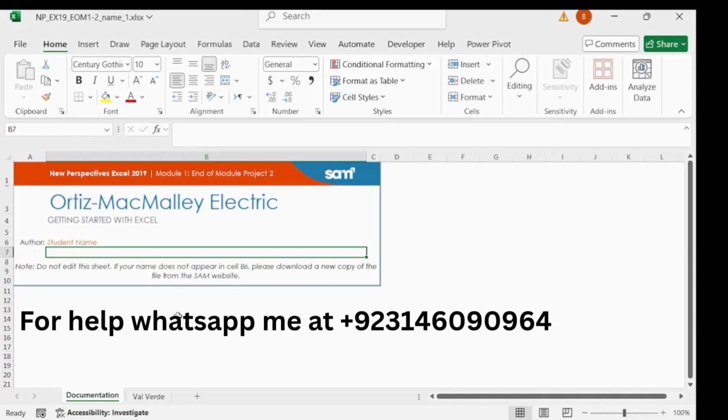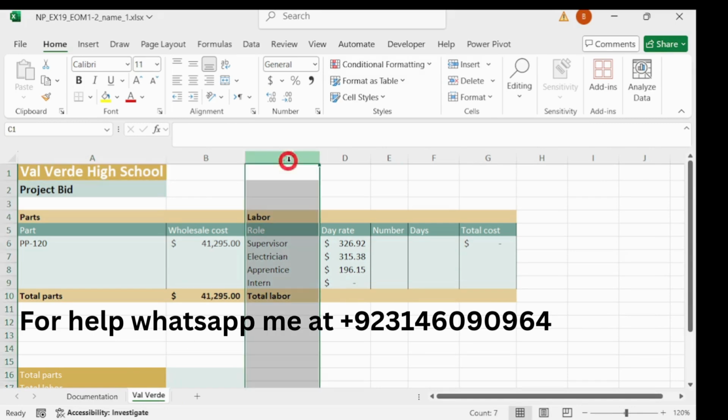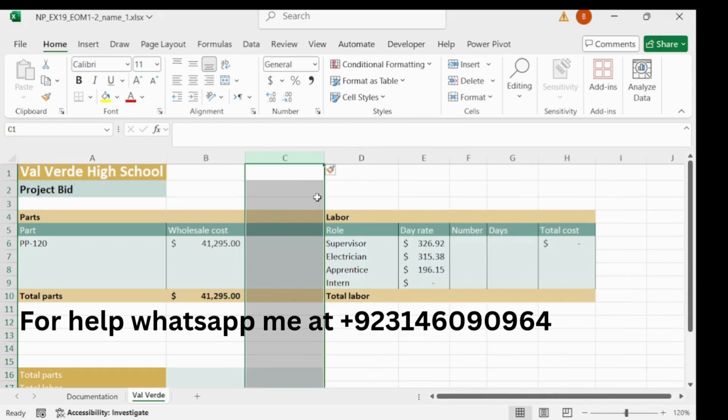Hello. Today I am going to solve Excel module 1 and the module project 2. Our step number first is switch to the wall worksheet and then insert a new column to the left of column C. So click on column C and then right click on it and choose insert, and then format same as right.